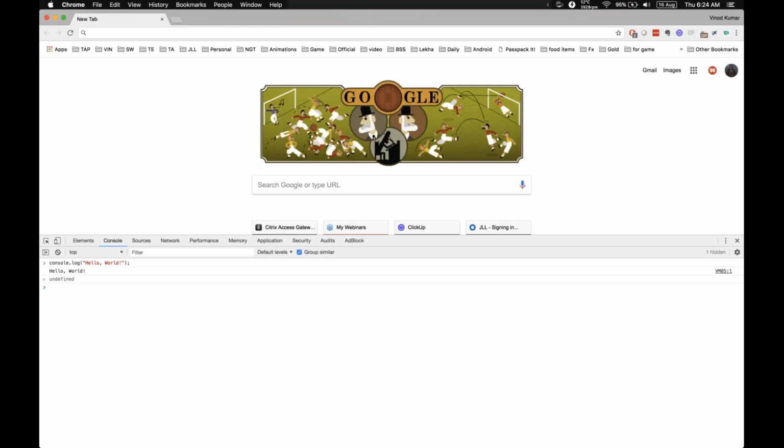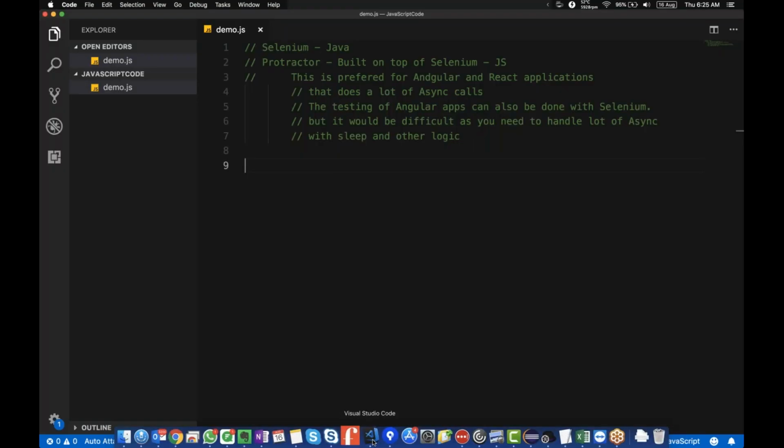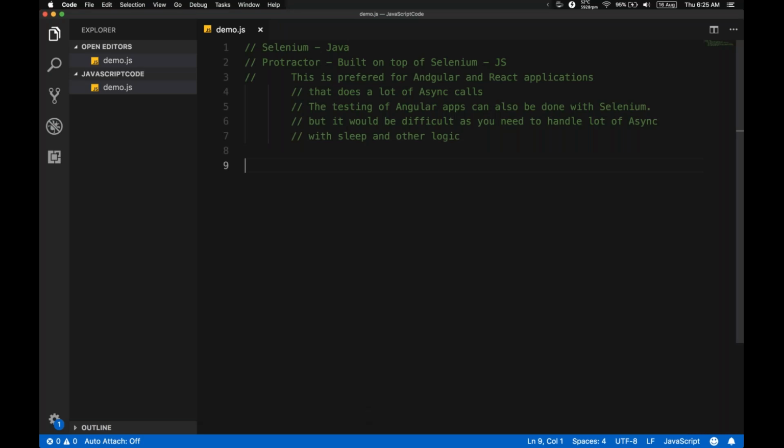But console doesn't mean just this console. It can be any console. Whichever platform you are running it in, that particular console will be used. So I'll show you in Visual Studio Code. We can run it in a terminal or anywhere. That's what I mean. So now I showed you console.log, which is just printing the statement, right? The same thing, if I go to my Visual Studio Code here,